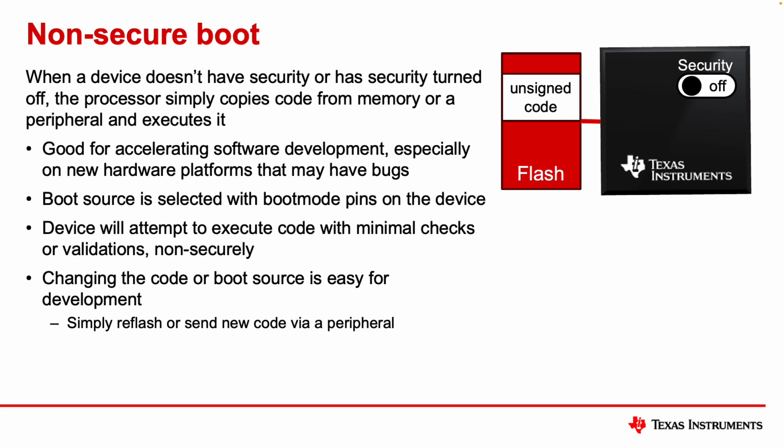It doesn't check the code as it boots. It's just going to run the code. It's typically done in a development environment where your intellectual property is being protected in other ways. There's no real user data usually stored on these devices. So the assets that you need to protect are being protected by other security mechanisms, if you will. So a non-secure device is a development device that makes it easy to develop your code and get that up and running. And then as you get ready and you start creating scenarios where you need to secure things, you can move to a secure device. And we'll talk about how to do that in the following steps of the video.